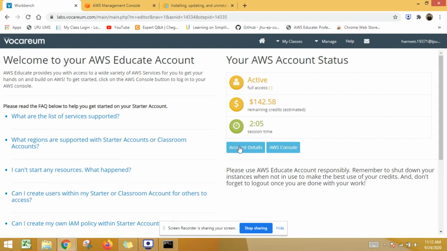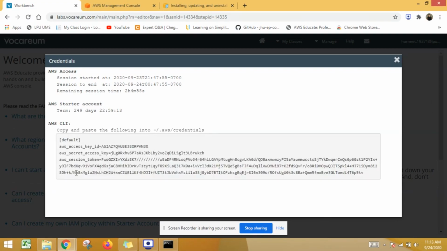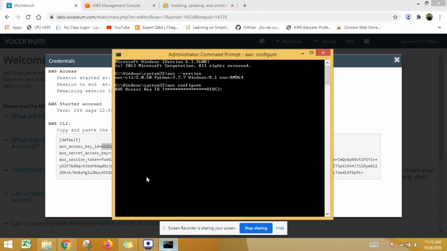Here, click on the account details part, and you will get the AWS access, starter account information, and the AWS CLI information. Click on the show button and you will get the entire information. Here is the access key ID. You just have to copy that key ID and paste it here.